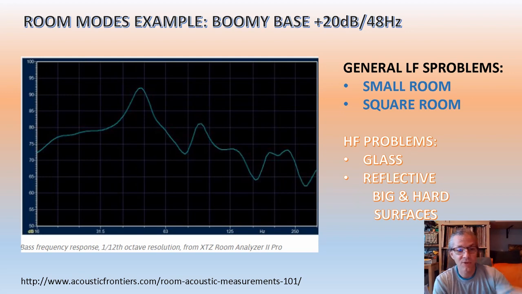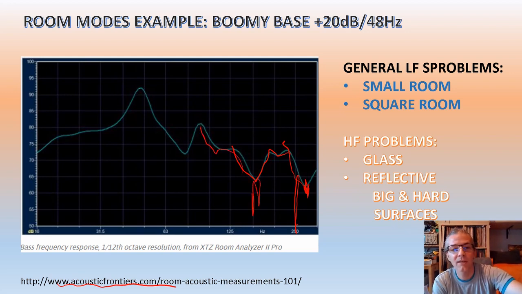This actually I got from the Acoustic Frontiers website, and it shows actual room response measurements. So they play test tones, frequencies, and this is the frequency range below 300 hertz. And you see that even though they played the frequencies at the same SPL, the room that the speakers were in changed the SPL of these frequencies. So you see this is like 250 hertz, like at 280 hertz or so there's a massive dip in the response, and then it catches up, and then there's this little dip, big dip around 150 hertz or so, and then it climbs up, and then there's a peak around, what's that, like 75 hertz,